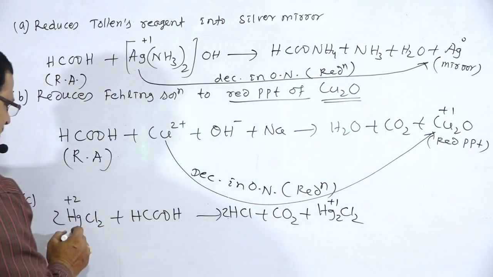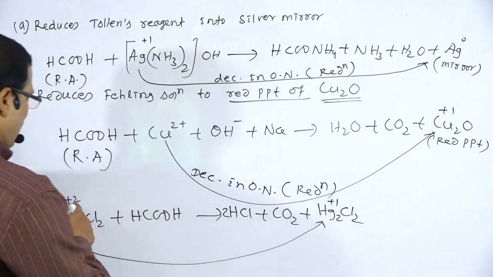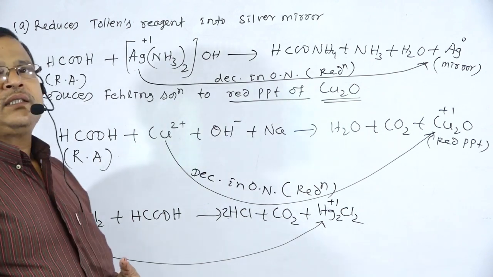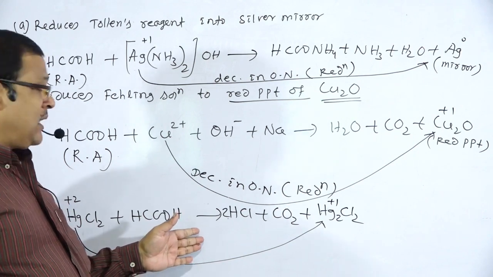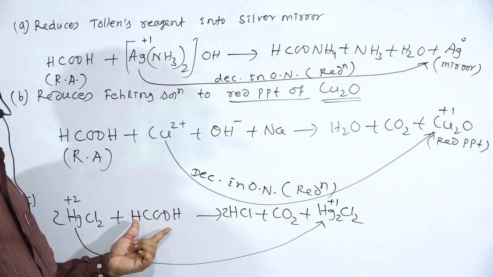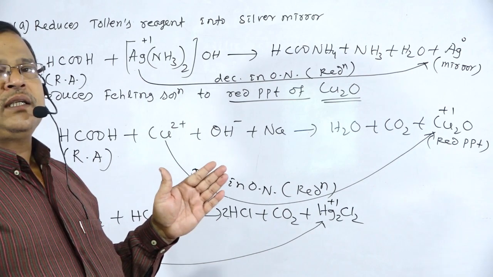So the oxidation number of mercury changes from +2 to +1. Therefore, this decrease in oxidation number is known as reduction. Then which agent will act as the reducing agent? That is formic acid. So these are the special reactions shown by formic acid, not by any